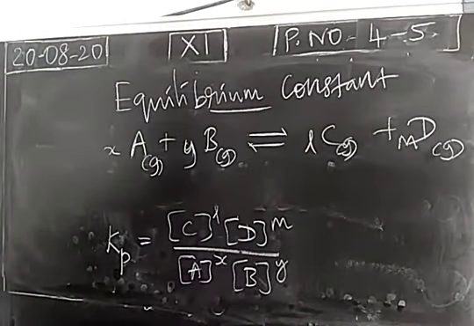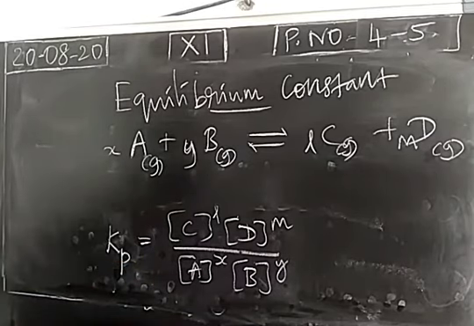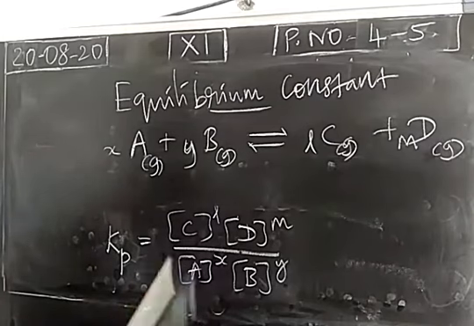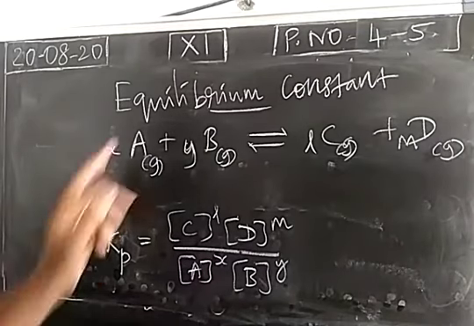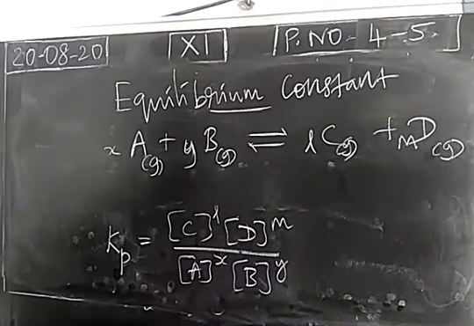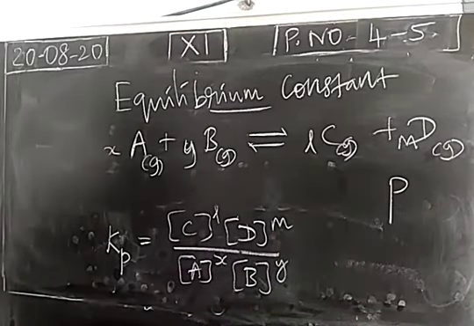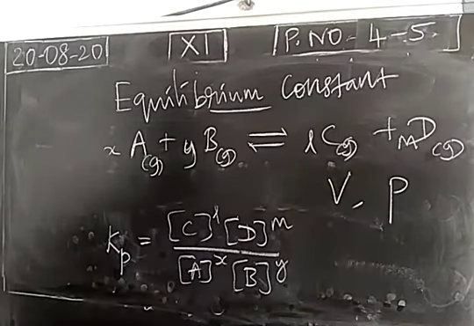Gaseous reaction means usually we will do it within a container, isn't it? So in a container, first we will take reactants A and B. These two are gaseous molecules. By combining these two, they will produce the products C and D. They are also gaseous molecules. So the reaction will be done within a container. For the whole container, there is a total pressure, which is called capital P. The total volume is capital V and the total pressure is capital P.